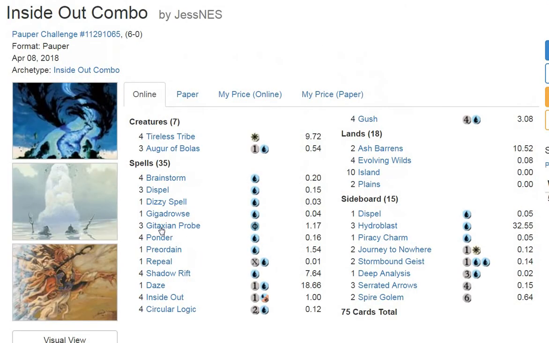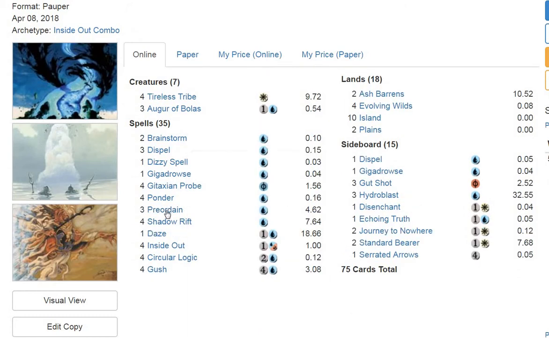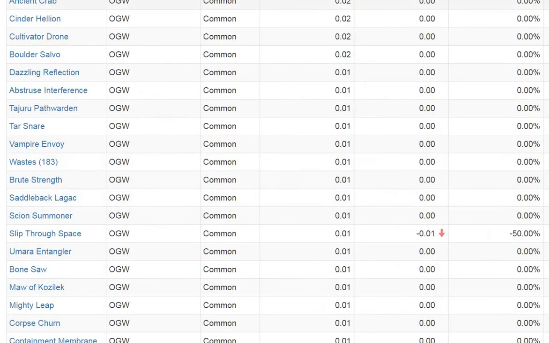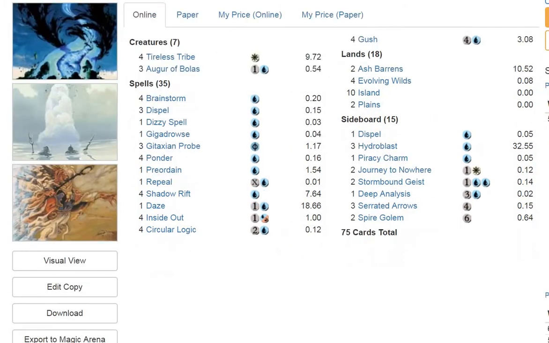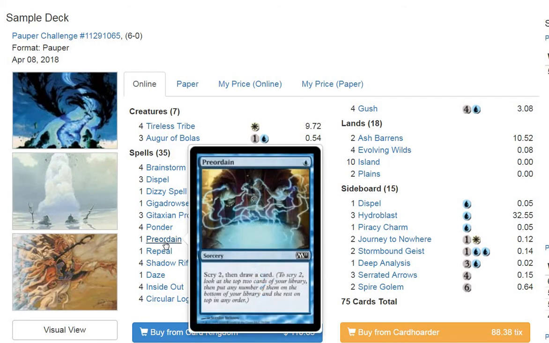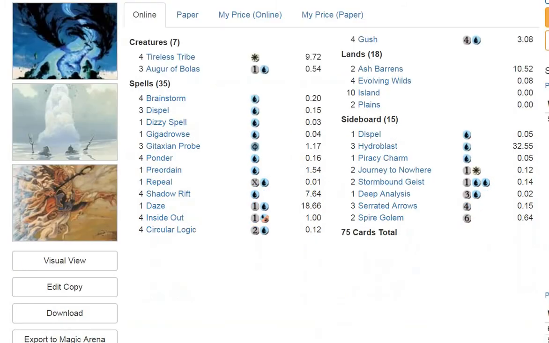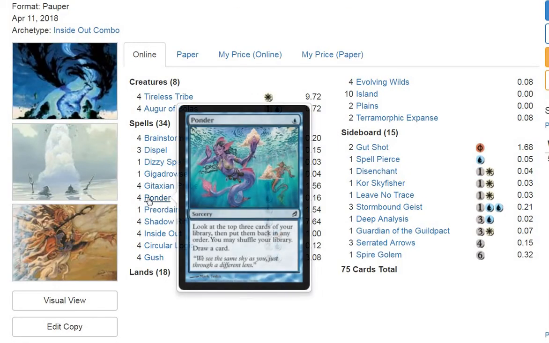There's a little bit of variance in the amount of preordains. Here's a list that runs 1 preordain. Here's another one with 1 preordain, 3 preordains. The only thing that really seems to be consistent is there's not a ton of lists out there rocking 4 preordains, which might be something that a lot of people would be surprised by, especially as good as preordain is. But a lot of the deck lists do seem to have a full playset of ponders, which is also interesting because